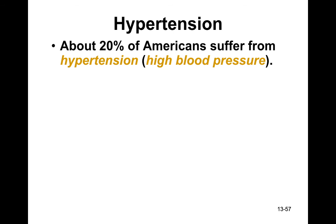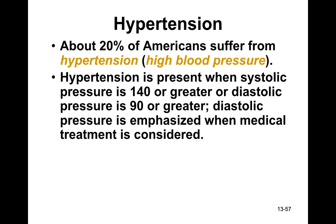Again, hypertension is high blood pressure. About 20% of Americans suffer from hypertension. If your systolic pressure is 140 or greater, or your diastolic is 90 or greater, then you have high blood pressure. And again, that is considered a risk factor for strokes and heart attacks, because not only does it weaken the blood vessels, causing those weaker spots that can end up in aneurysm, but it also indicates that your blood